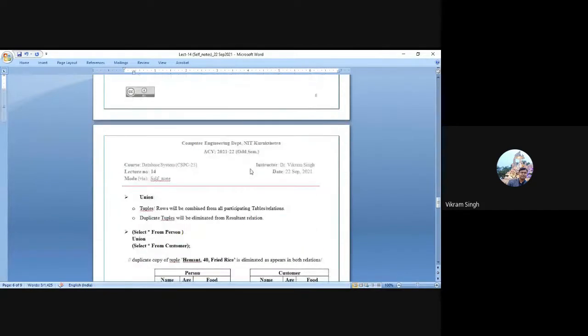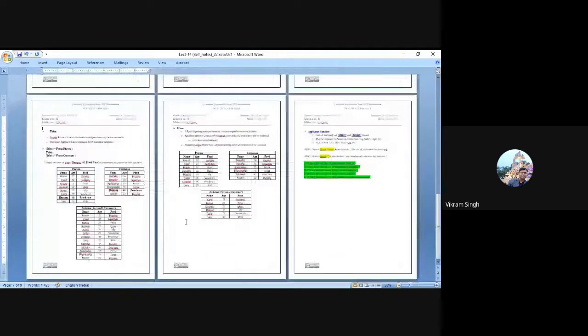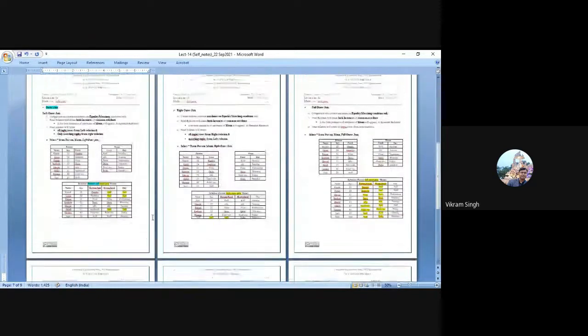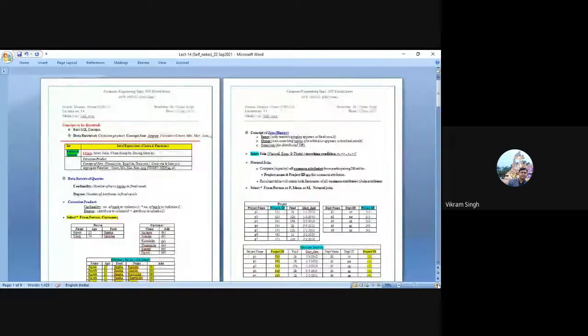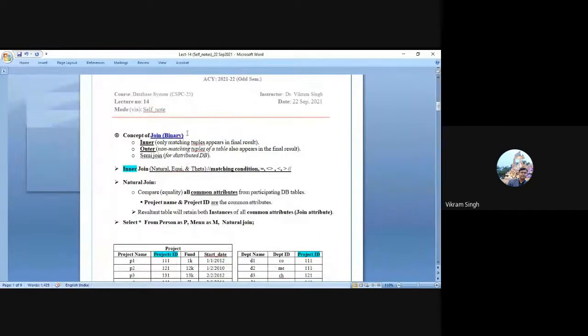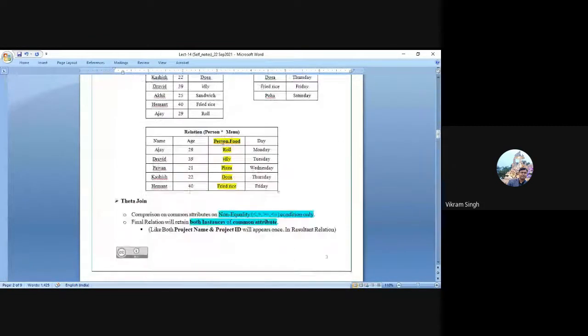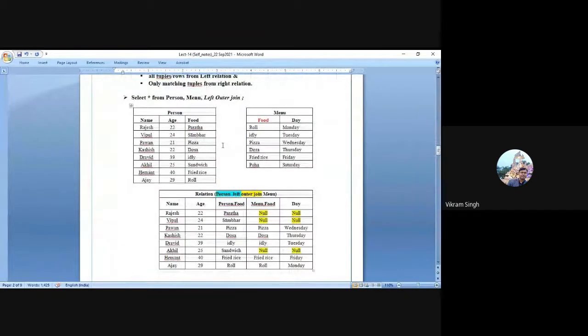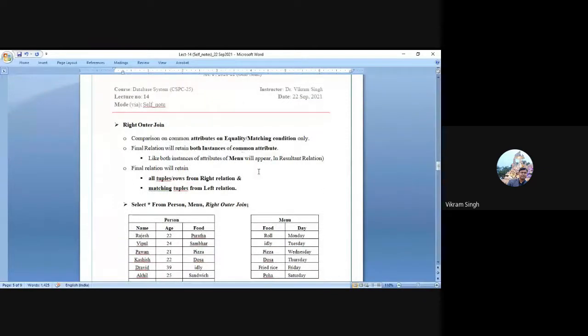With this, now let's go. So with this we can say those 6 types of joins we have discussed. These are the only possible types of join we could have in an SQL query, starting from inner join to outer join. Within inner join, we have natural, equi and theta. In the case of outer, we have left and right, and then full outer join, right? So we have 6 types of join which can be performed, which can be written in the SQL query, right?